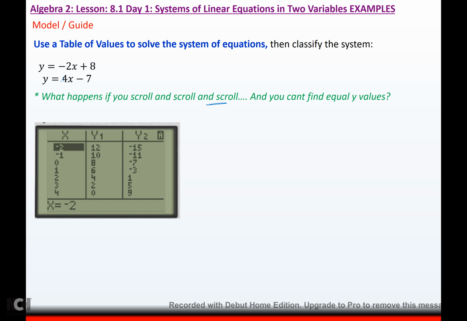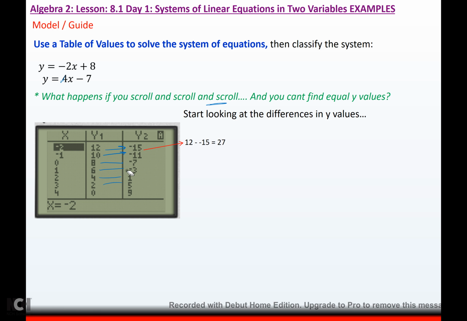Obviously, there's a solution because the slopes are different. If the slopes are different, I promise, your lines cross. All right? So if I'm not finding it, what can I do? Well, what you do is you start looking at the difference between these y values, and you see when they're starting to get closer and closer to each other. So,